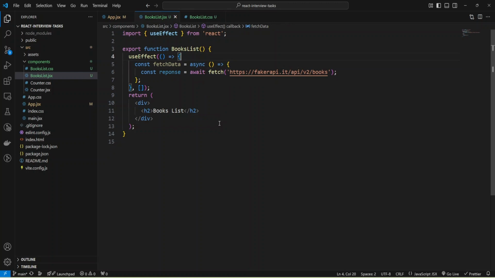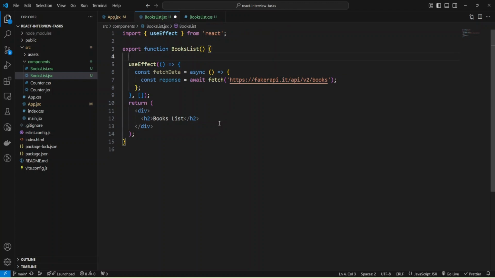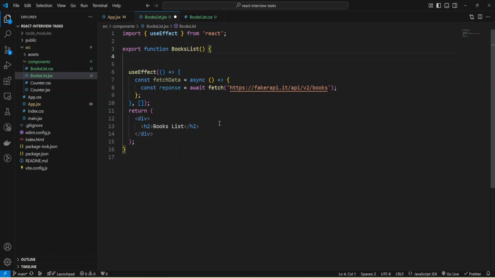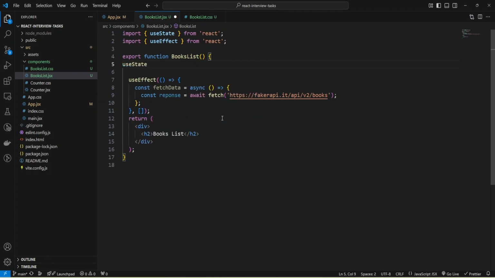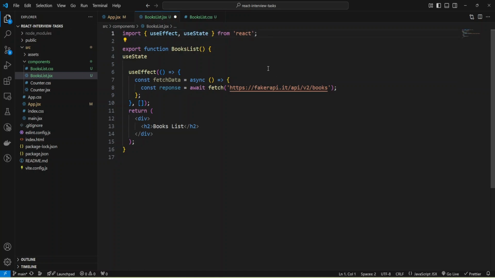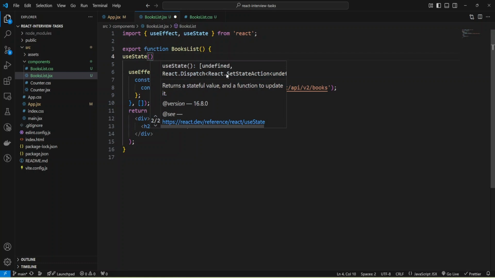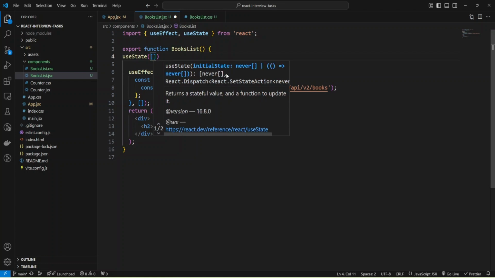And now we need to add some state variable where we will store the response, the data about books. And for that, I need the useState hook. And as you can see, we have imports. I can just simplify it. And now I can provide the initial value, and initially I'll have an empty array.